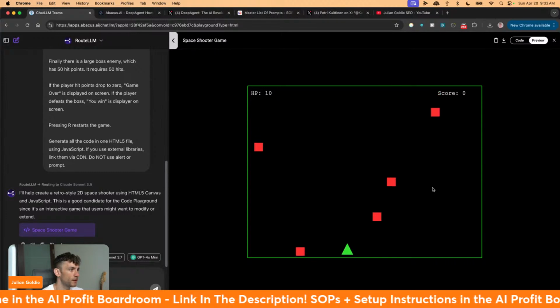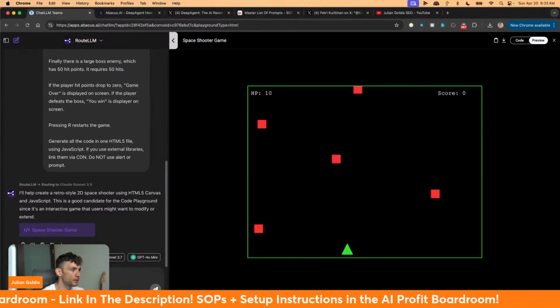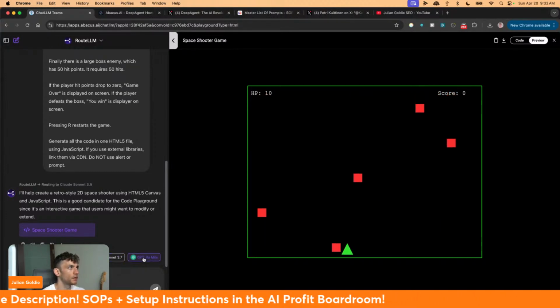It's working perfectly, to be fair. You can also regenerate using different LLMs. And then if we say,